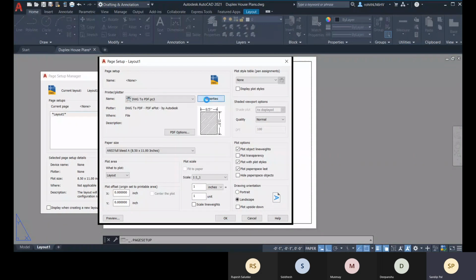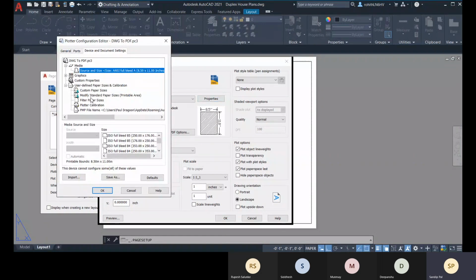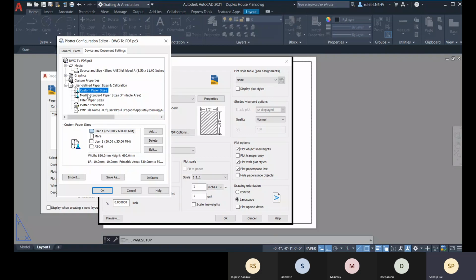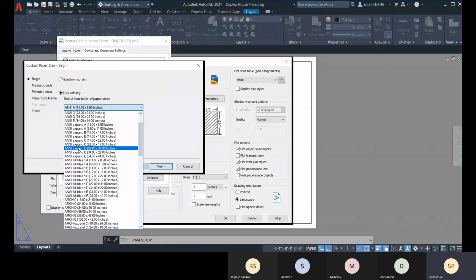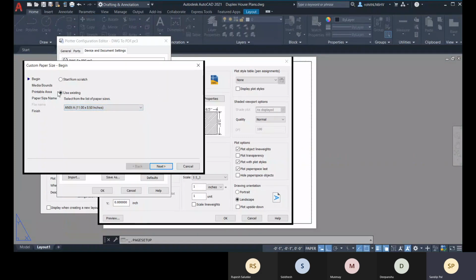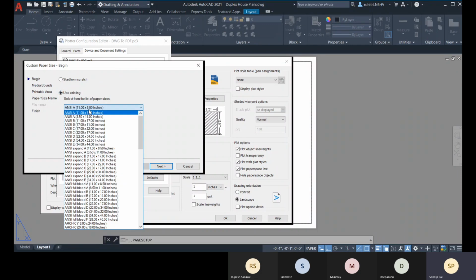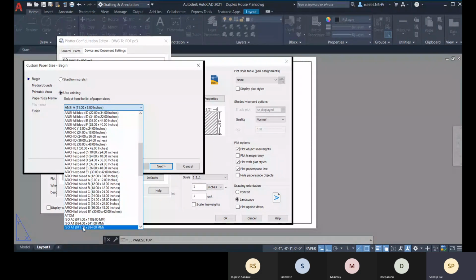And here you can come to this properties, and to this plotter, you have this custom paper sizes, and you can go for this add, and you can create a new paper size, so that you can choose with the existing option, and with any selected existing format, you can start editing it, or you can go with the start from scratch. So one scratch file, one default will be given to you, and with that you can start editing. So let me go with like ISO A0 or ISO A1, that file,